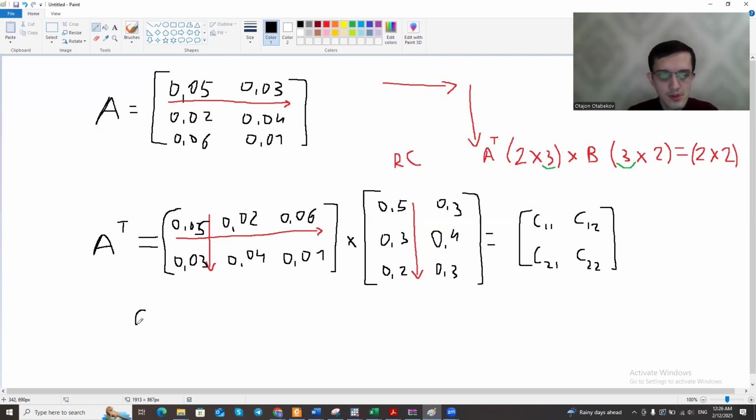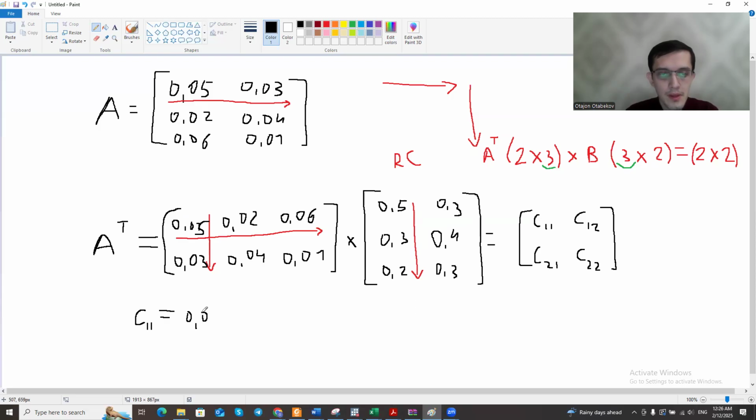For example, C11 element would be equal to, I take the first row from the matrix A transpose, because here in a row position standing 1, in a column positions again 1, I take the first column of the matrix B. I multiply respective numbers. First element with the first one, second element with the second one, and a third element with the third one. Then I just sum them up. It is as follows: